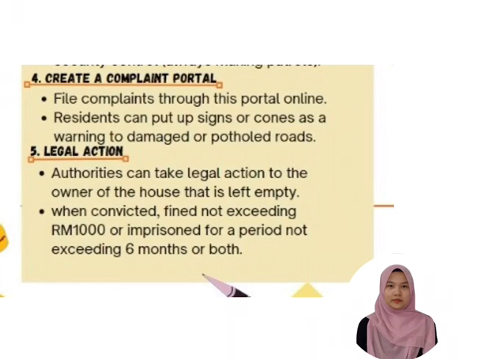And the last improvement is legal action. The authorities can take legal action against the owner of a house that is left empty under Section 74 of the Local Government Act